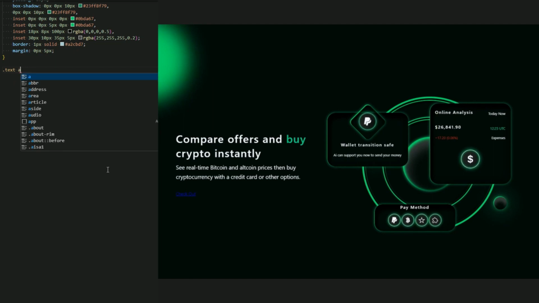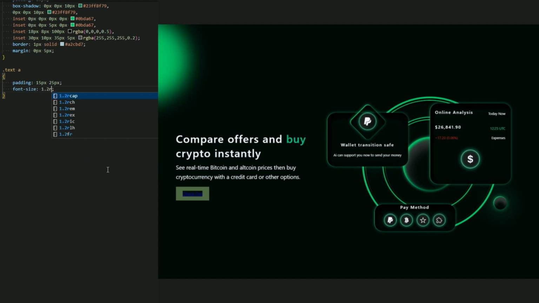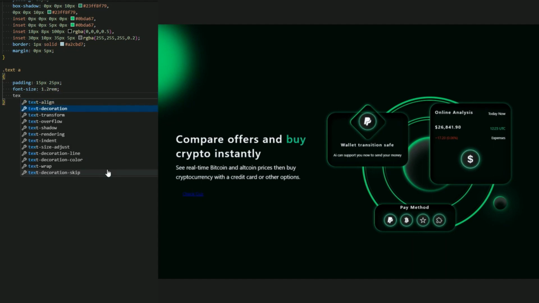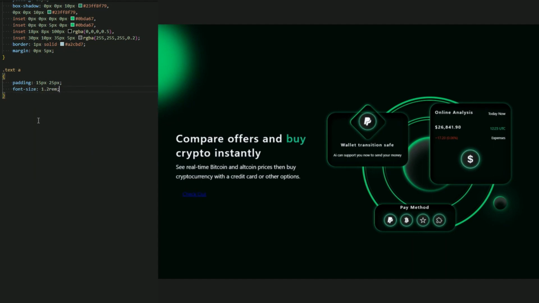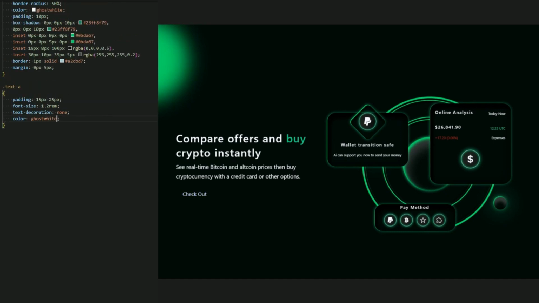So the text A, let me just add a padding, padding 15 pixel, 25 pixel, and the font size 1.2 rem, text decoration none, and the color be the same ghost white.